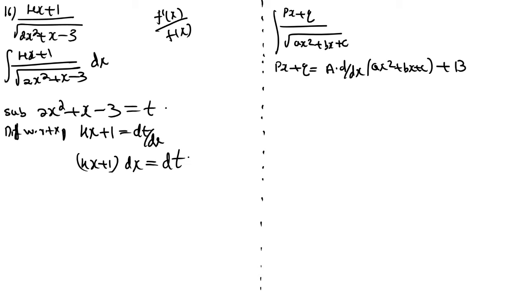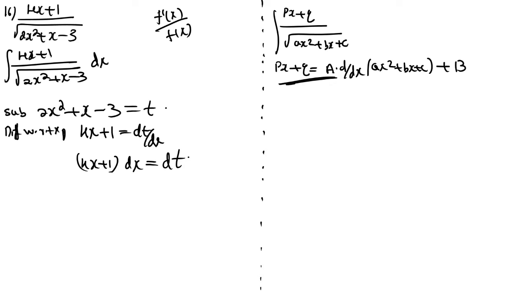Okay, so your question is in the form f dash of x divided by f of x. Then no need to do this method, you can solve it directly by substitution method. If it is not in the form f dash of x by f of x, then first you need to convert into this form, then you need to substitute. We will see that in the next problem. If you apply this method for this question, again you will get the same form. That means you need to do the substitution method only. So if f dash of x by f of x is there, you can solve it directly.